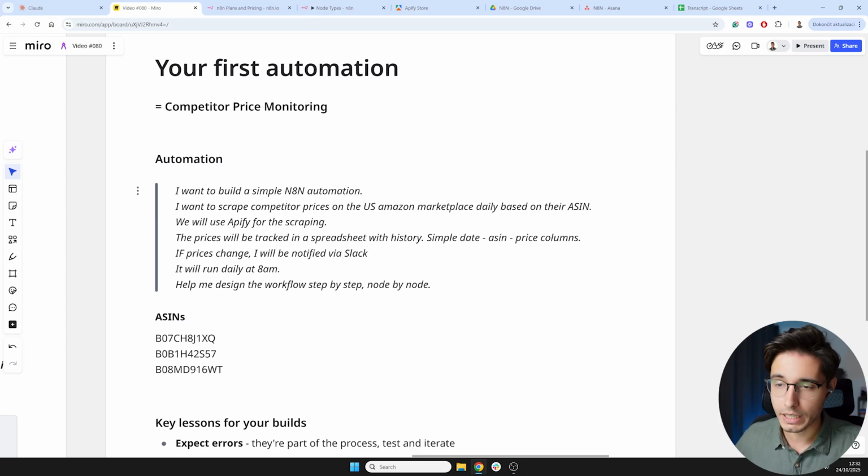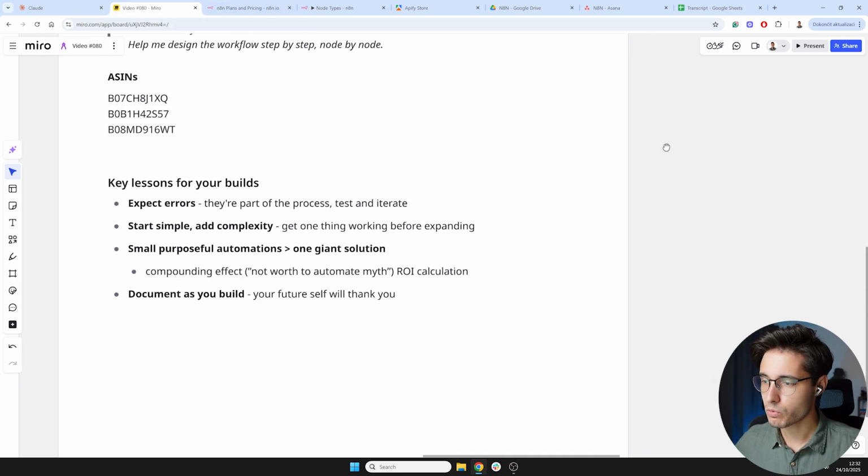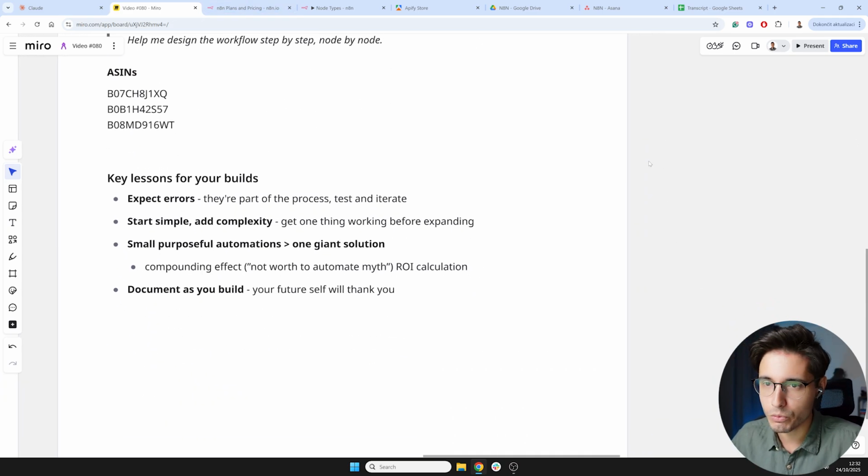It will run daily at 8 a.m. So help me design the workflow step by step, node by node. Here I have 3 ASINs. So we will now get to work, but before we get to work, I want to stress a few